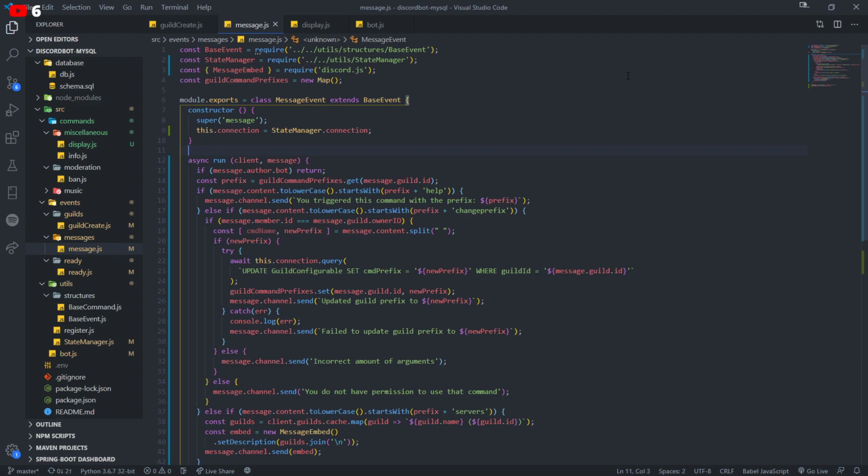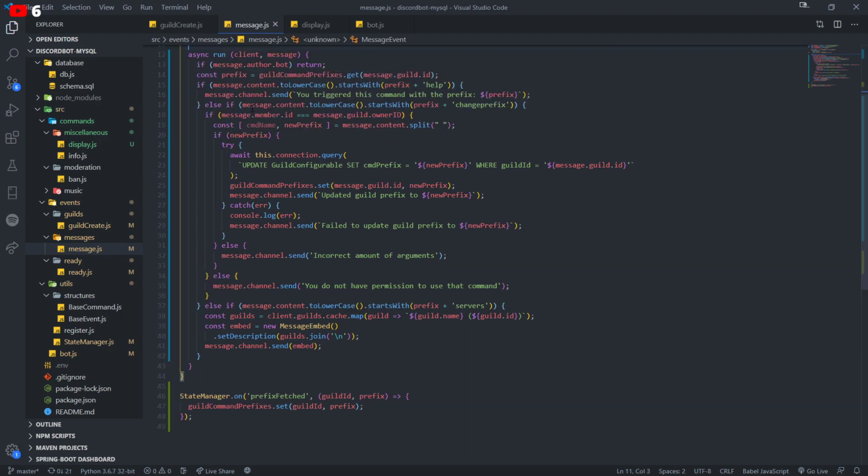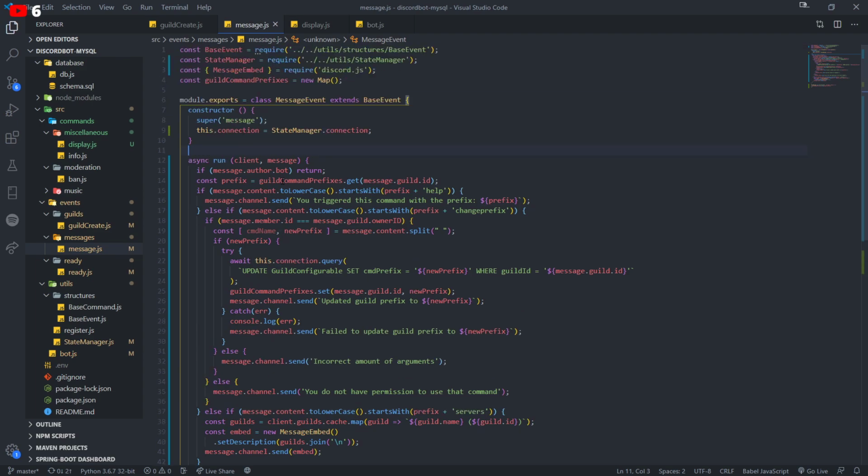Now, actually, it won't immediately update the value for the bot, because we have our command prefixes cached. So we would need some kind of event emitter that will emit an event when we are updating something from the front end. Okay? So in the next couple of episodes, I think what we're going to be doing is making it so that when they change the prefix from the change prefix file, then it's going to update guild command prefixes in message.js.